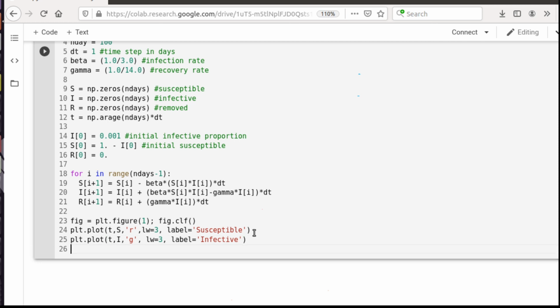Finally, we'll have plt.plot t comma r. So we have our S, I, and R, and we've done red and green. We're going to stick with our same color scheme that we've been using in the whole series. This will be blue, and line width again is 3. And the label will be